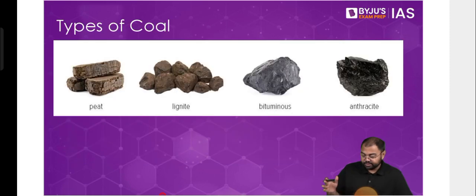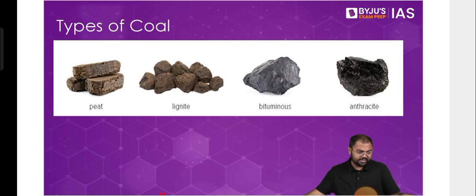Now, if you look at peat, for example, peat, as you can see here, has a woody appearance, right? It does not really look like your conventional coal, because if I ask you to imagine coal, you will think of a black colored stone, right? So just like how bituminous looks. Peat does not look like that, it has more of a woody appearance, looks like bark of a tree. Now, why? Because it was not subjected to very high temperature and pressure. So complete conversion into coal did not happen. And that's why it is the lowest variant of coal.